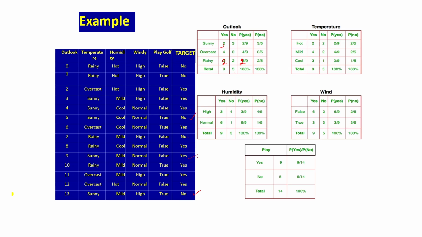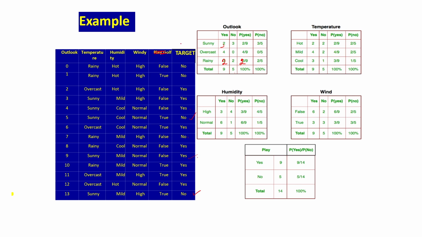This is for outlook. Temperature, obviously I think that is what I told you, there is a mistake in the table. Temperature can be hot, mild, cold. So, you can also do the same thing, yes, no, yes, no. So, you can clearly see probability yes, probability no. Humidity also high and normal, you can do the same thing, wind also false and true. So, that means basically